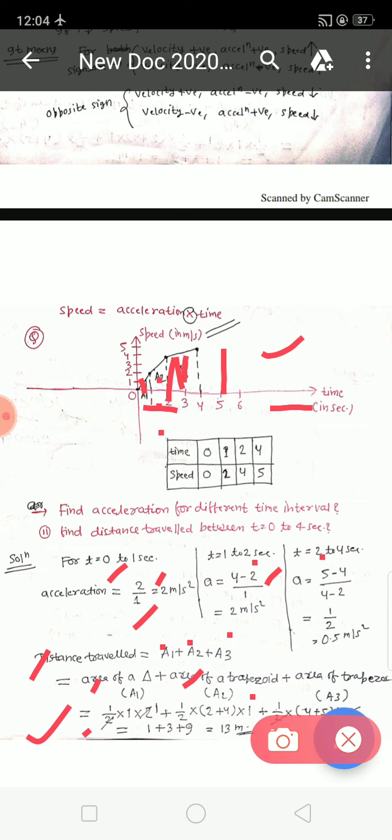Now I want to clear a few concepts for you. This concept will be very helpful up to your ninth syllabus, but it will also help you in class 11th. In class 11 kinematics is there, and it will be very helpful to you graphically. Some concepts are there, and I will try to clear all of them.